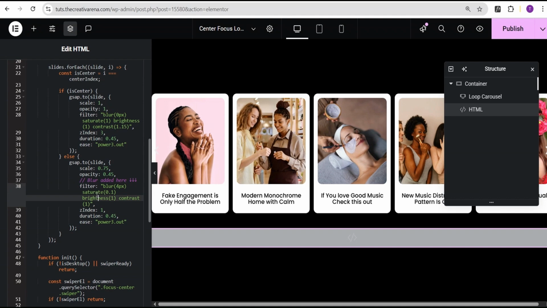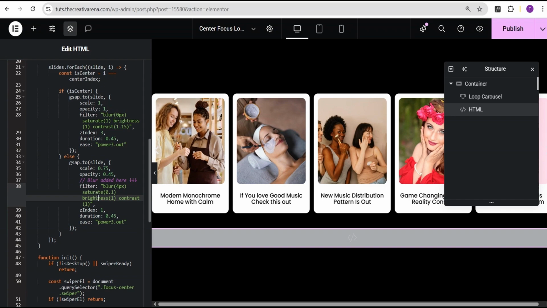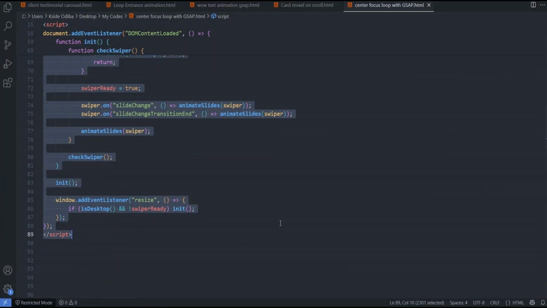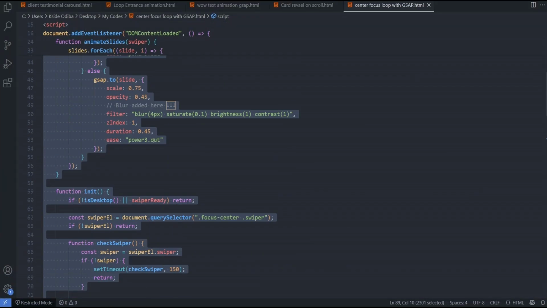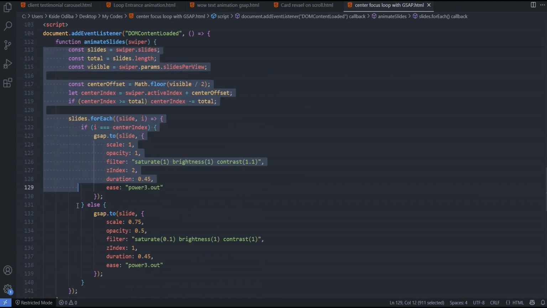I told you I was going to add a bonus code for you where we have the contrast side slides. For that, what I'm going to do here is I'll just go back to my code editor where I've written down that code that we'll be using for that. When you scroll down here, this is the code for the contrast side slide. So we're just going to copy the code out